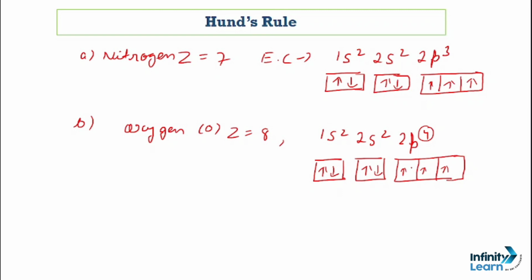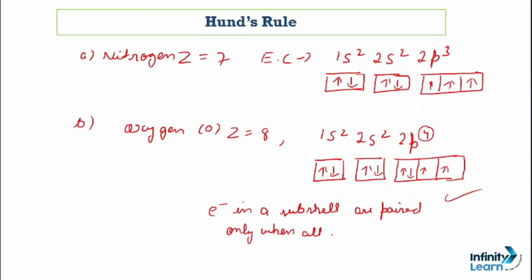Okay, so it's up to you. You can fill this 4th one here, or here, or here. So let's fill it here, and this will be the correct method of doing it according to Hund's rule. Neither of these orbitals will be left alone. Remember this, because Hund's rule tells us only this, that none of these orbitals will be left alone, because electrons in a subshell are paired